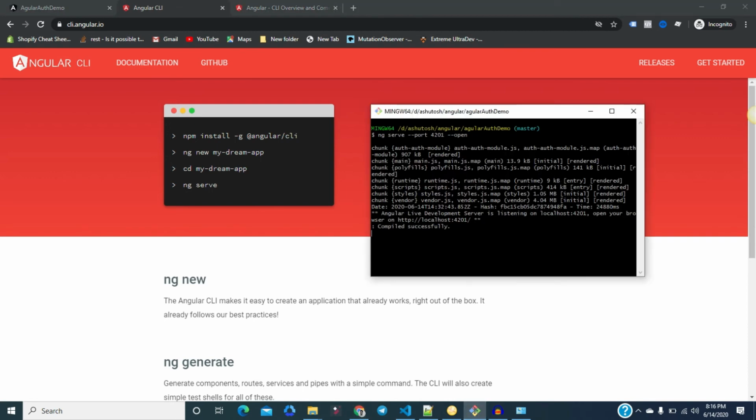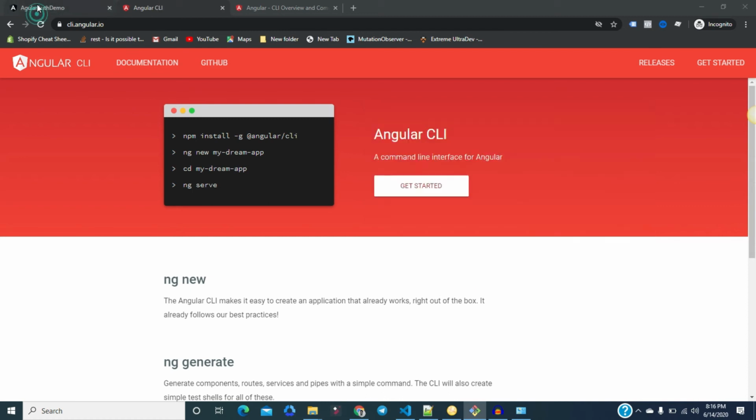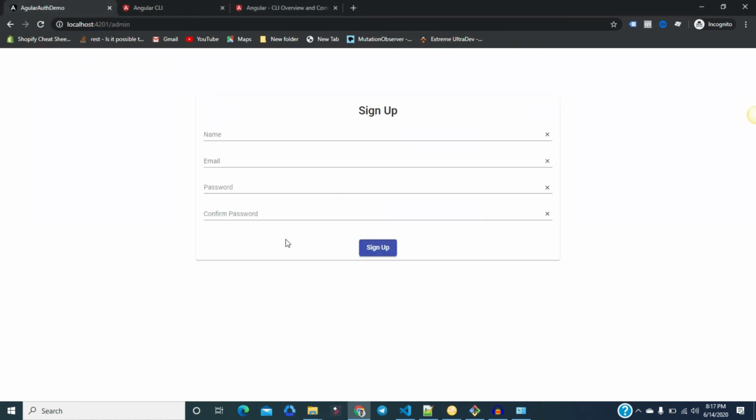I have run ng serve here and provided some flags, like port, if you want to open the application on a certain port, and open, which will open this application in the browser. After compilation, you can see that the application is running on localhost 4201, and if you go to 4201, you will find your application running.